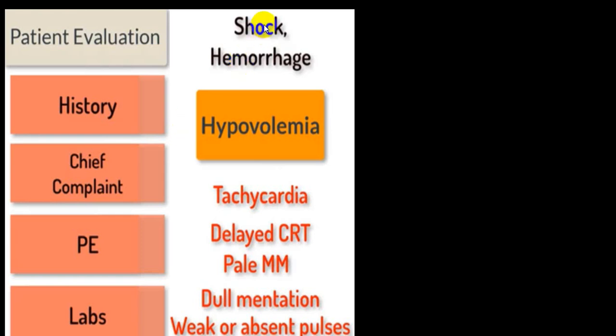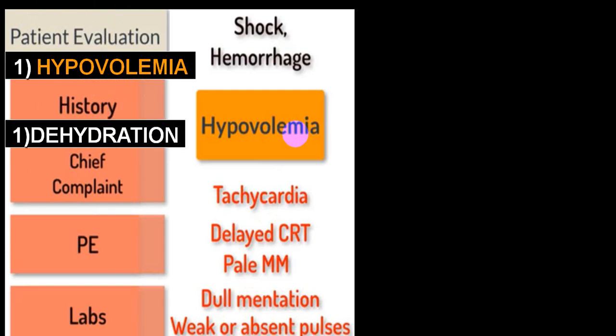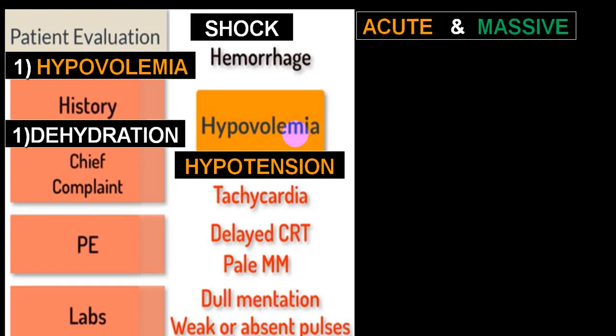So there will be one group of people who are in shock stage and they have lost massive blood loss. And this particular group of people very frequently will have tachycardia, delayed capillary refilling time, pallor, altered mental status, weak or absent pulse. Very, very typical. And clinical signs of hypovolemia. So this will be a group which will be fitting with hypovolemic shock. They will be dehydrated. They will be hypotensive. And they will be in a shock stage. So this will be the group.